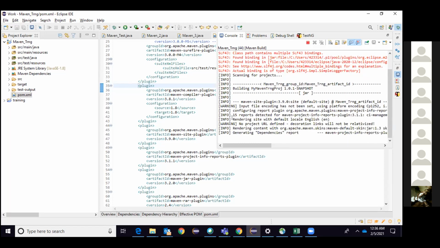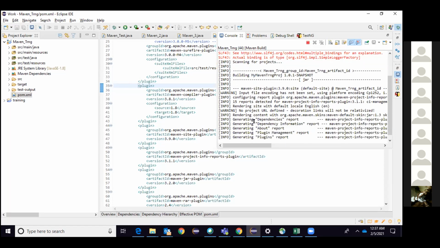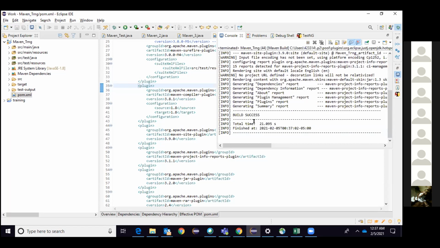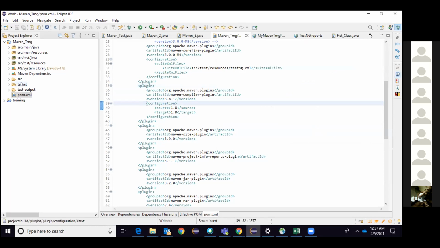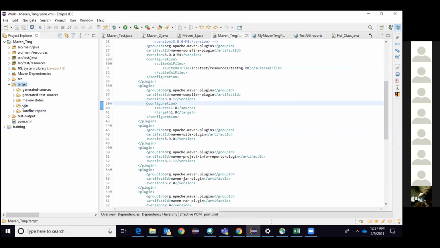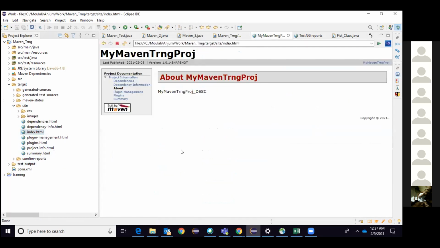It generates documentation, full information about our project, about dependency jars, everything it will generate by itself. You can see the site here. You can come here, index.html, and you can see this one. It will tell you the total about your project and the dependencies only.